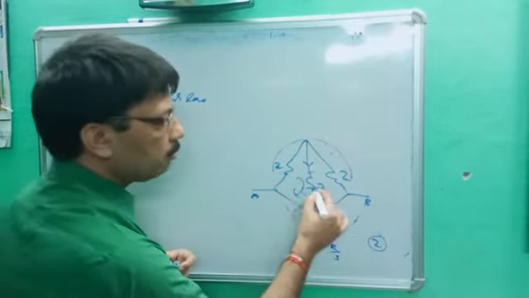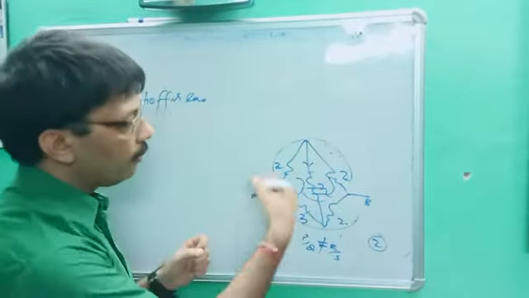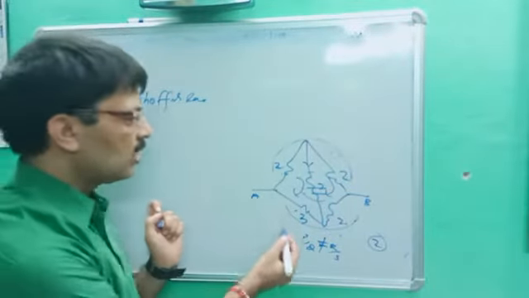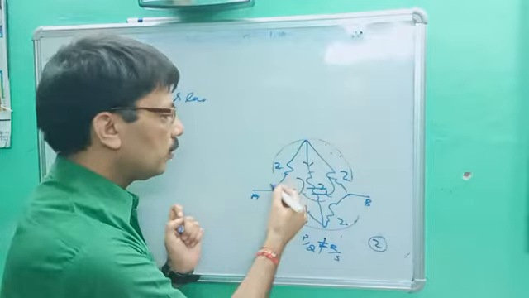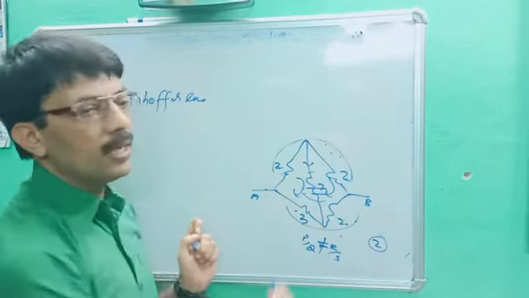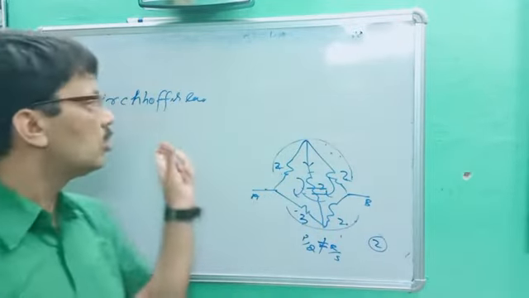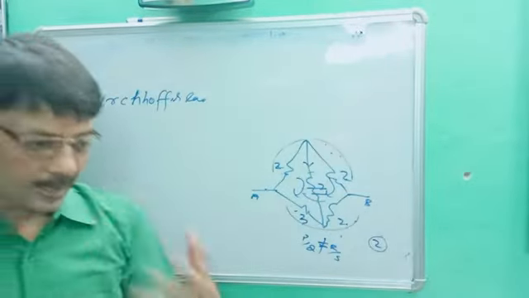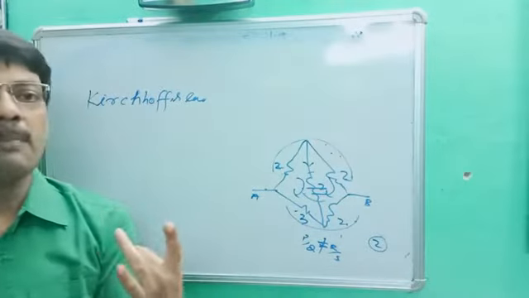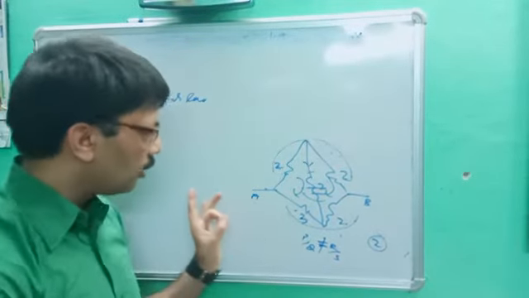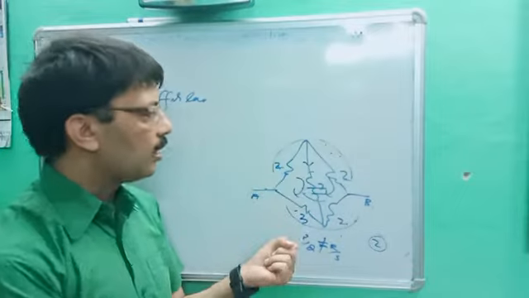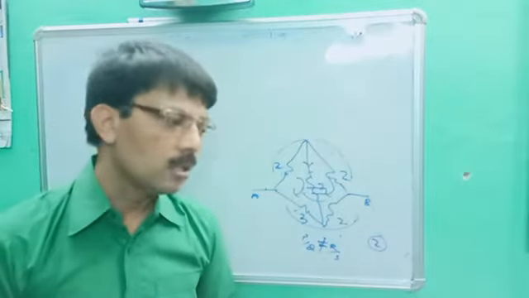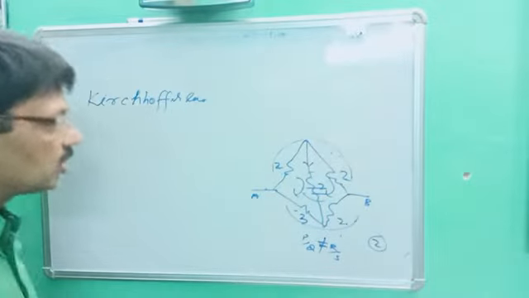We will select some loops and apply the two laws, current law and voltage law. Then we can easily solve for the resistance between A and B, voltage between A and B, and current between A and B. What you want, you can get. So this is the need of Kirchhoff's law. It means if P upon Q is not equal to R upon S, or in some complicated questions which are not solved by the normal method, then we have to use Kirchhoff's law. By using it, we can solve the numerical in a very easy way. Okay, so this is the need of Kirchhoff's law.